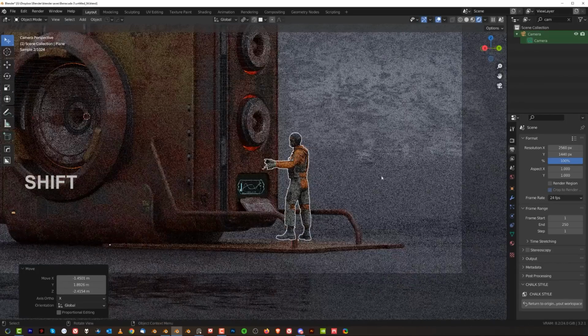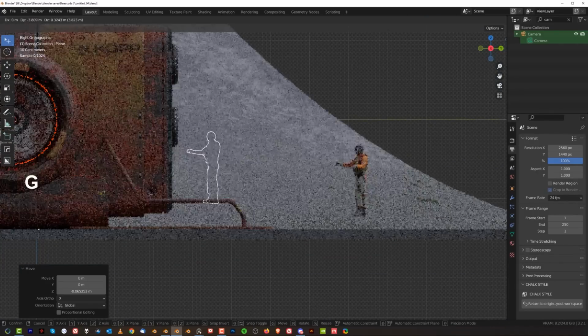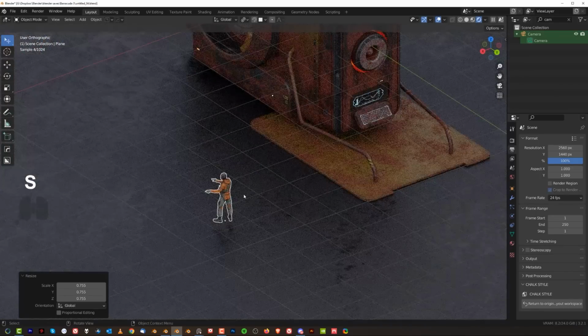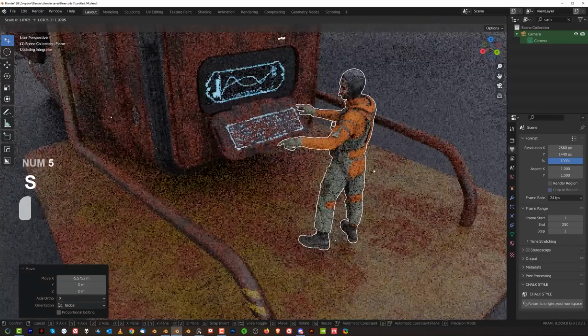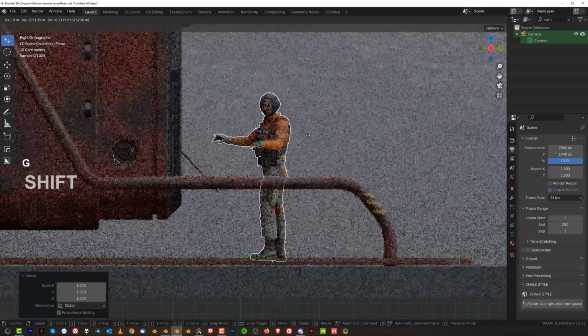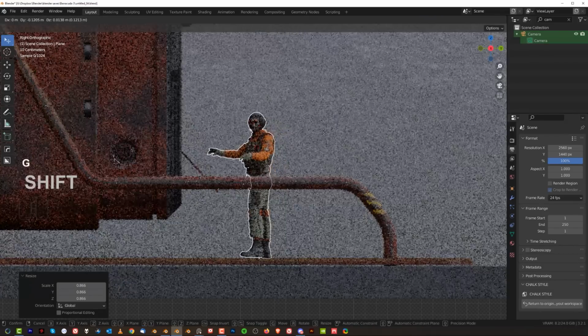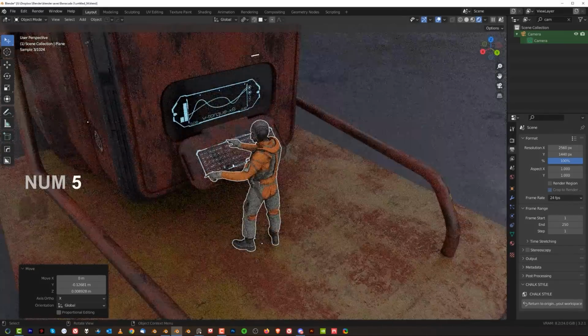Probably can do that now. Scale is a bit off. We need to make it smaller. So let's move him in here, and the scale is off, yeah, so it needs to be smaller. This is a massive machine. Actually, let me see that. Keyboard needs to be in a comfortable position. That keyboard is freaking massive, but that's okay because